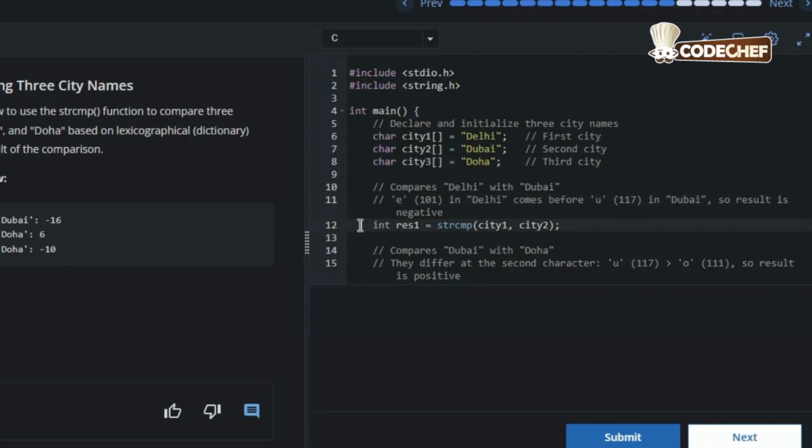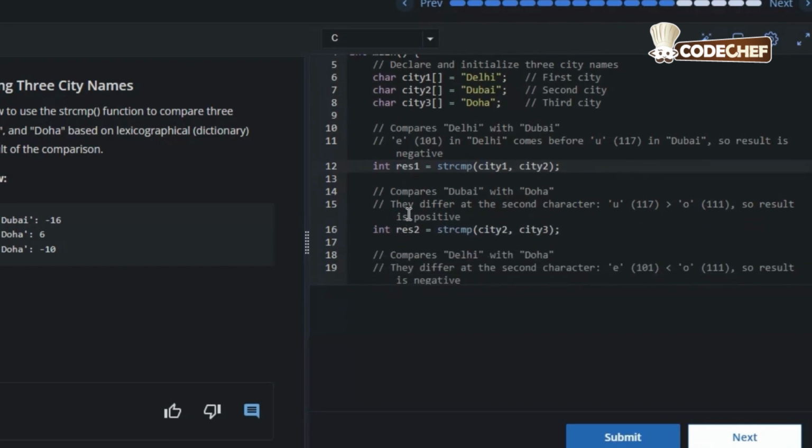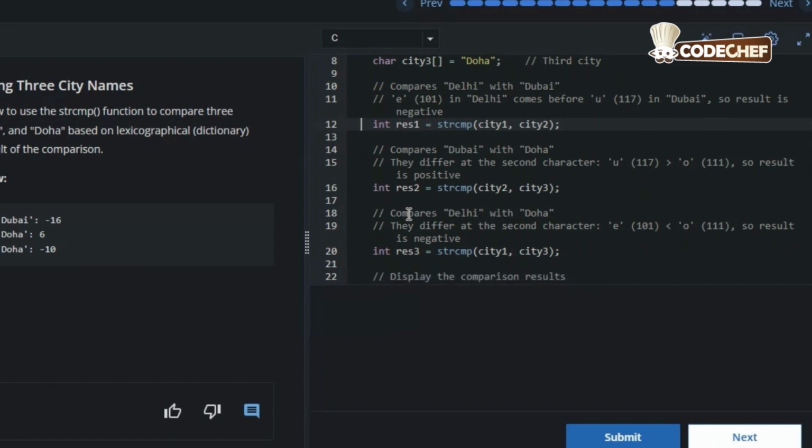In line 12, int res1 = strcmp(city1, city2), Delhi versus Dubai, where according to ASCII values, we get to E and U of Delhi and Dubai, to understand that there is a difference in values of -16, hence Delhi comes before Dubai alphabetically.